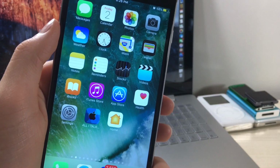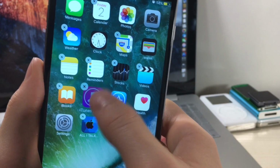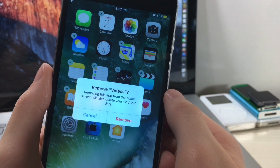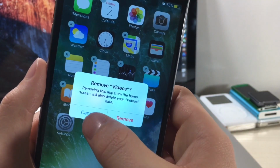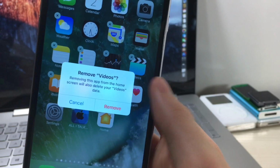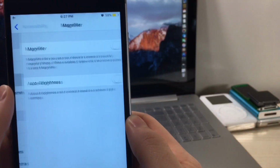So this next feature I think a lot of people are going to like. You are now able to delete Apple's apps. Yes, finally we can do this, but another feature is they switched the cancel and delete buttons, so just don't get tricked by that. Next up is a really cool feature called the magnifier, and basically you can zoom up